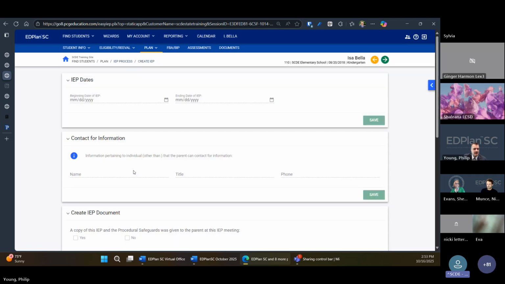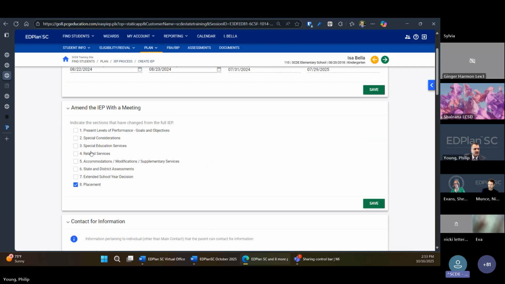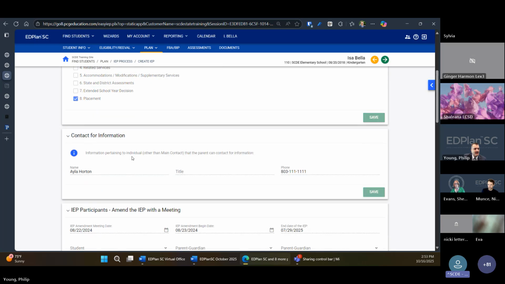So on the Create IEP page, this contact information panel has always been there, and it says in the info box, information pertaining to individual other than main contact that the parent can contact for information. Currently it'll print whatever name you put in here, and that's the only contact that will show up on the document.